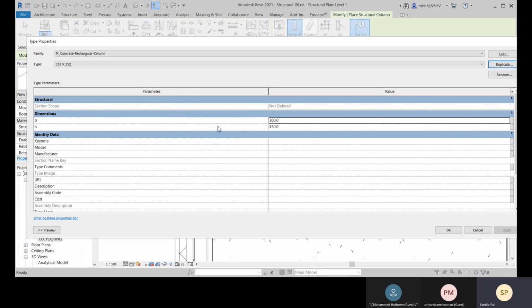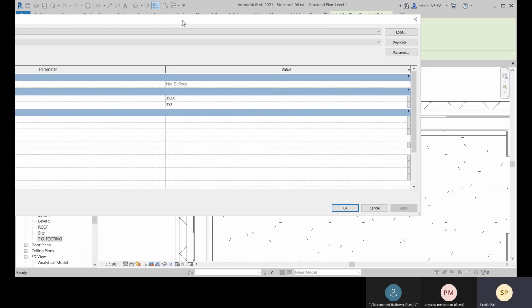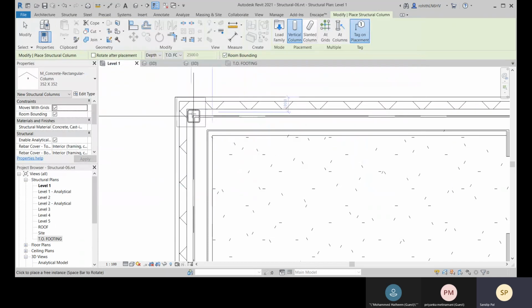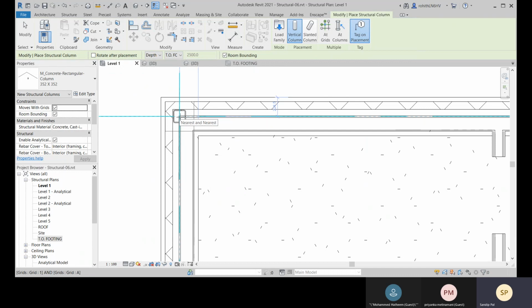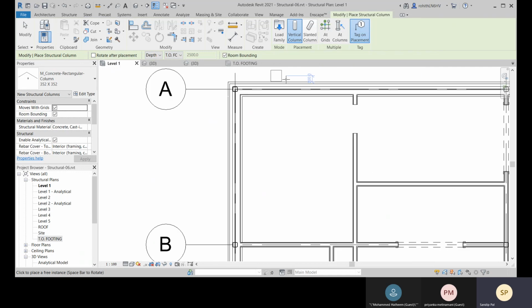Click on OK, and let me change 352. Here you will be changing the breadth and the height. So 352. Let's click on OK, and here you can place it, right? So you can place the grids there.